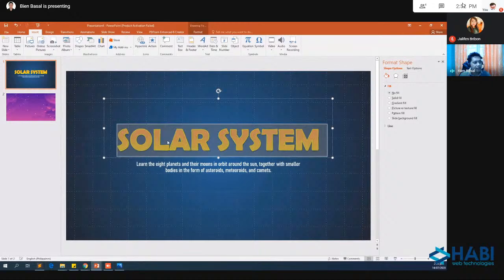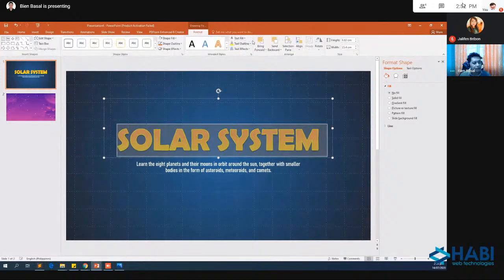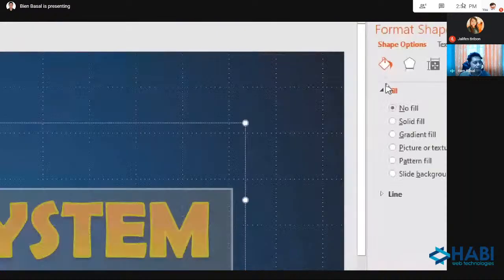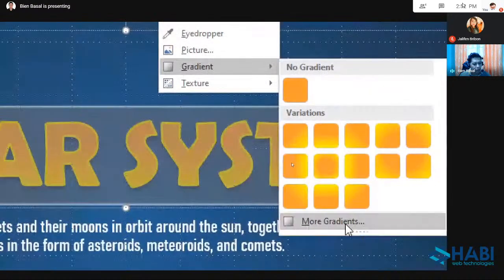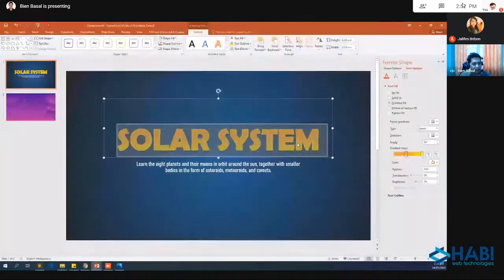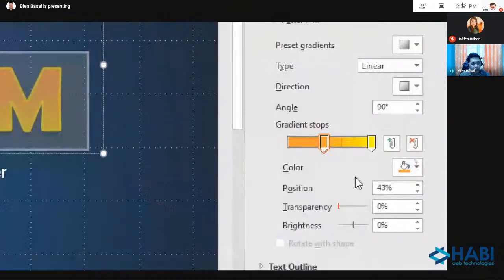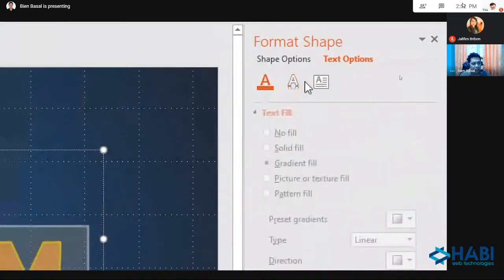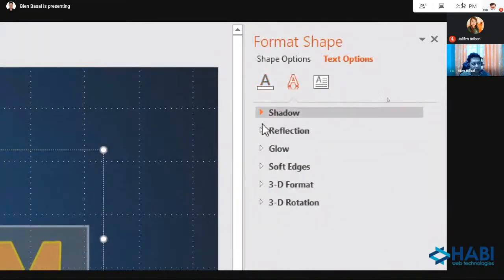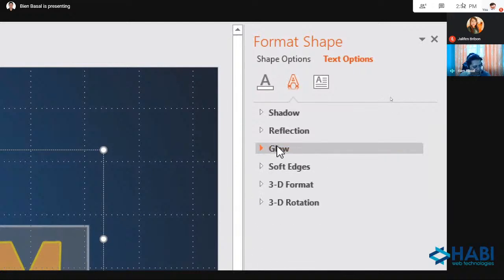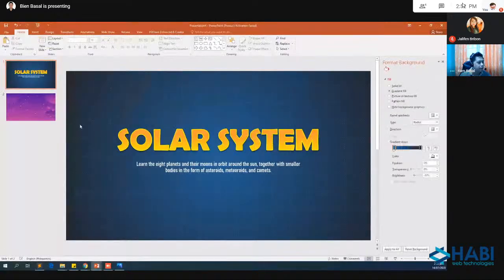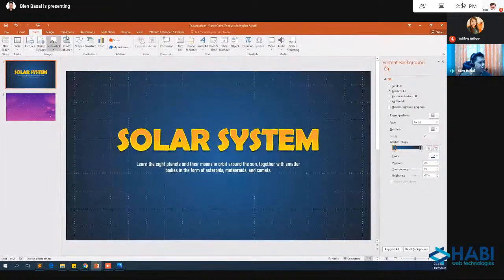Again, ang text po natin, if you select format, meron po kayong options po sa right side dito. Text fill, gradient. Pag nag-more kayo, more gradient, lalabas po yan sa right side dito. Yung mga options po natin. Yan. Ito po yung ating mga shadow and yung mga glow. Yan. Pwede po kayo mag-explore po dito. Later po, gagamit po tayo yan. For the button, gagawa na po ako ng aking button. I will use shapes.